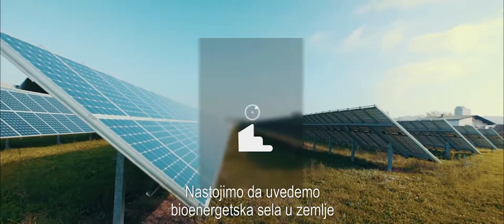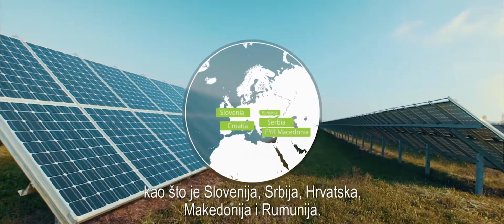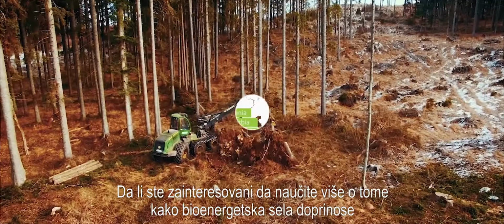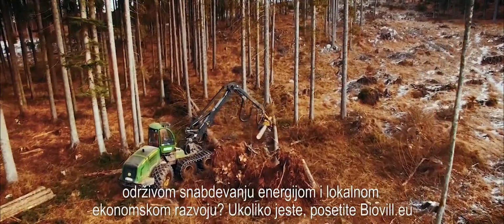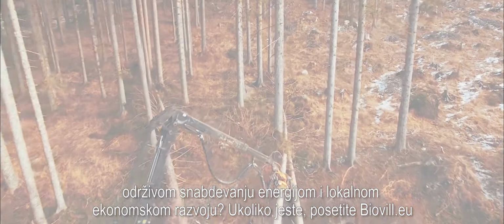We are trying to bring bioenergy villages to countries like Slovenia, Serbia, Croatia, Macedonia and Romania. If you are interested in learning more about how bioenergy villages contribute to a sustainable energy supply and local economic development, check